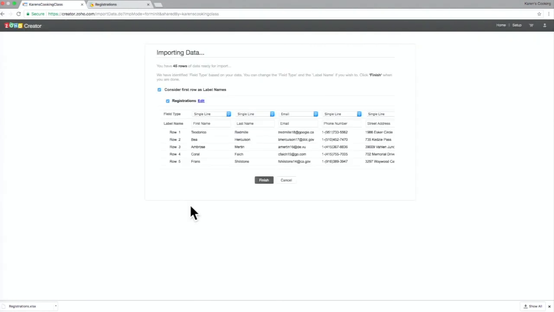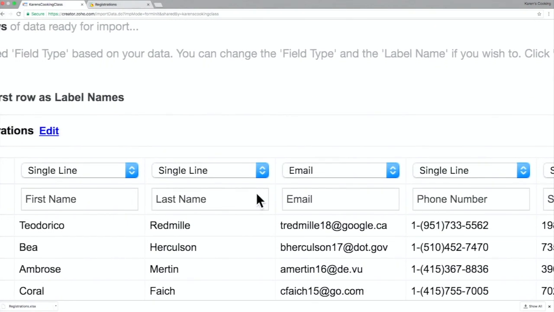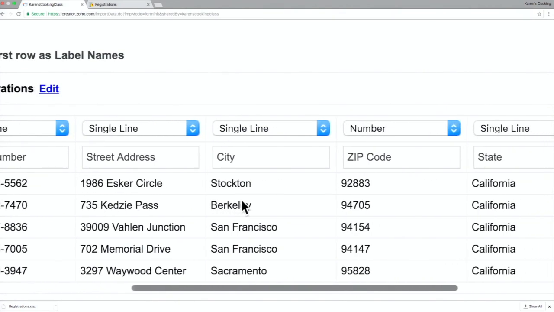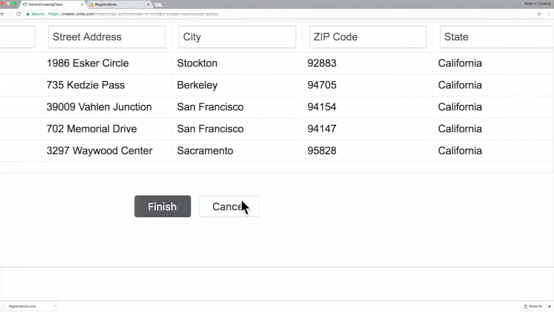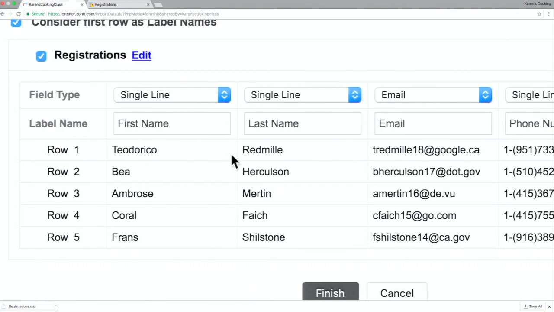So what do you guys see here now? This screen that is displayed here, what is the information displayed here? So it has all those columns that we just saw in the spreadsheet being displayed here. We have first name, last name, phone number, city, state, and finally the lessons. Before we convert the spreadsheet file to the registration form, what we need to be careful, or what we usually forget as users, is to check the field types. Let me go through it one by one.